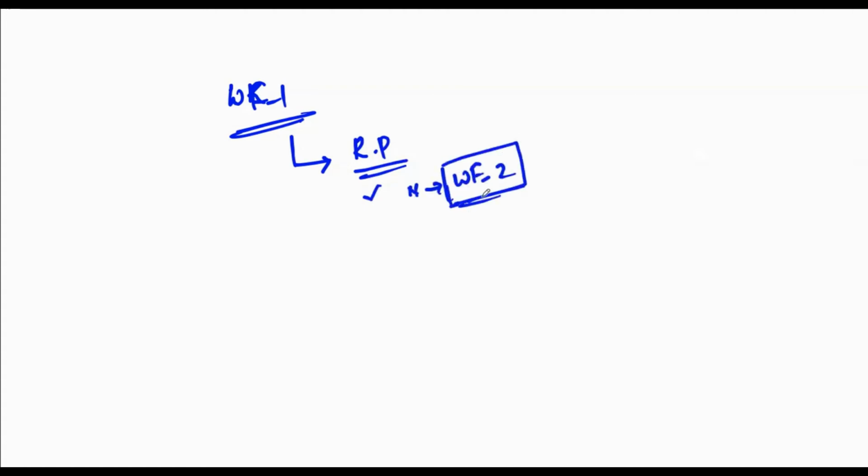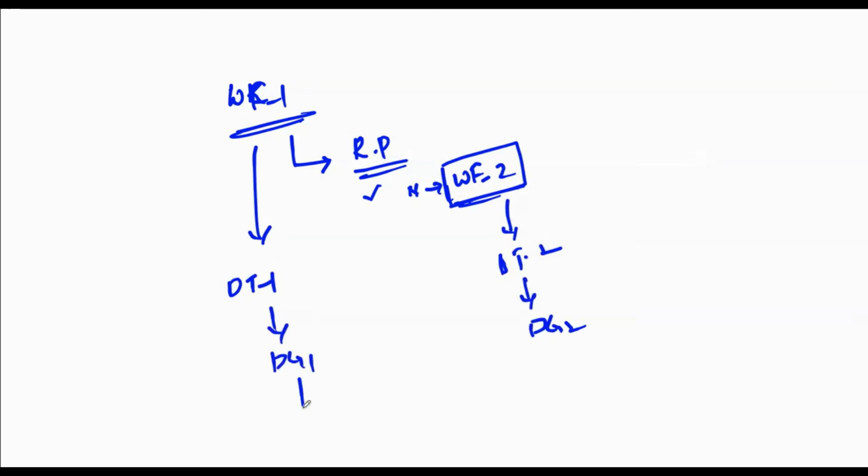Let's say I'm trying to mention the workflow. Workflow template is one. Under this workflow template one, I'm trying to mention the redundant pair enable. I'm going to mention a name here. So the workflow name is 2. With the help of this, it has created a device template 1, and with the help of this, it has created a device template 2. So with the help of this, we'll create a device group 1. With the help of this, we'll create a device group 2.